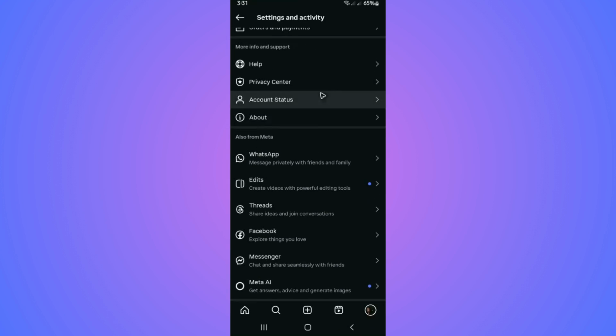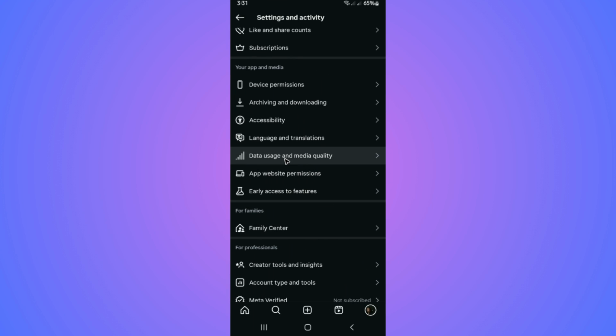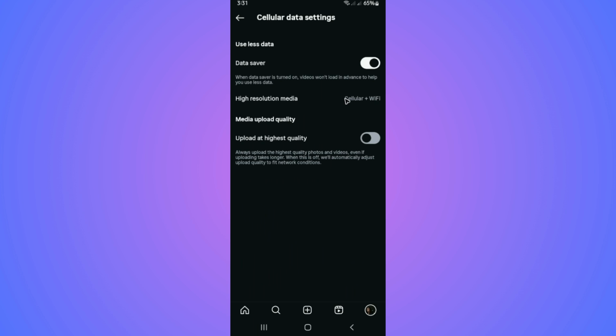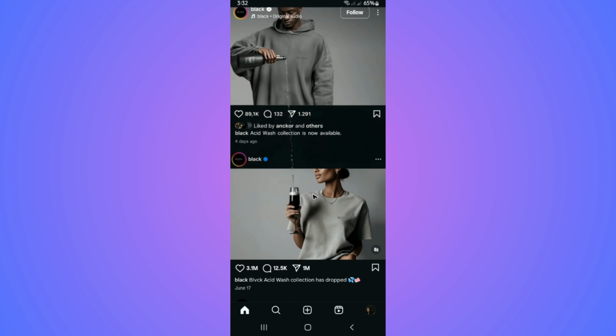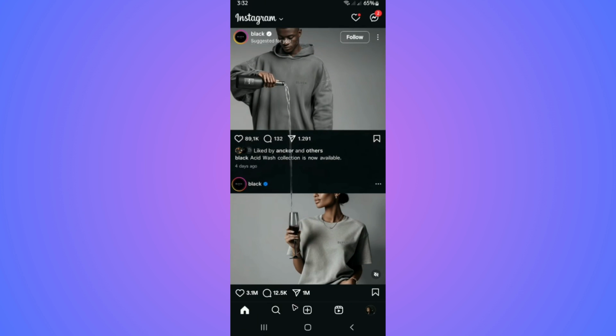Again, under data usage and media quality, it is now set to cellular plus Wi-Fi. That's basically how you do it. You can now enjoy high quality videos right here or Reels